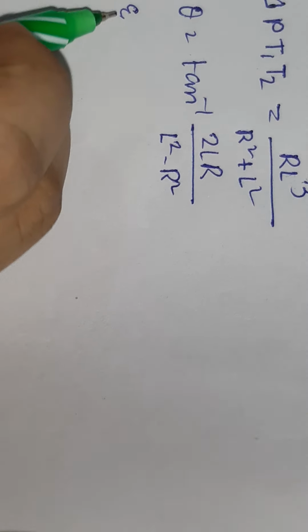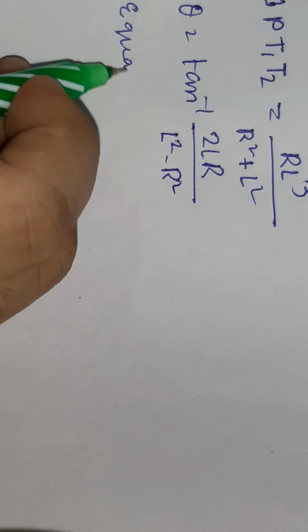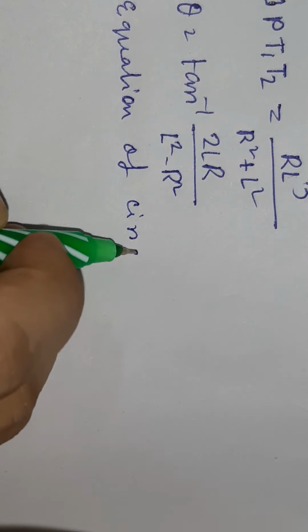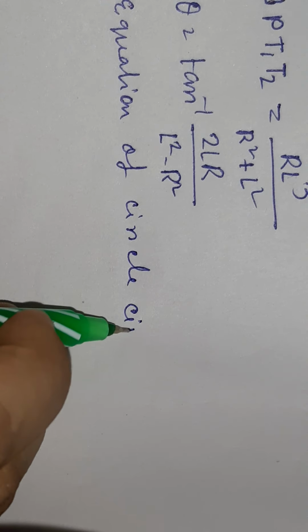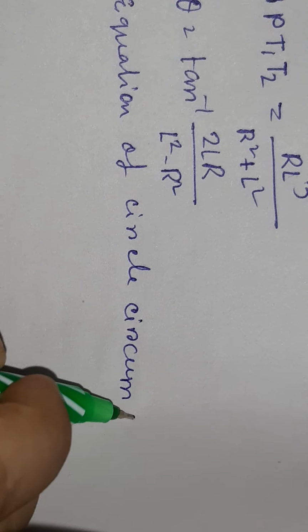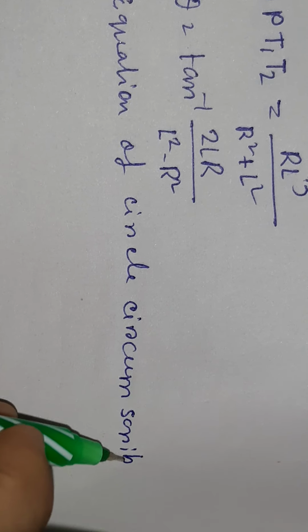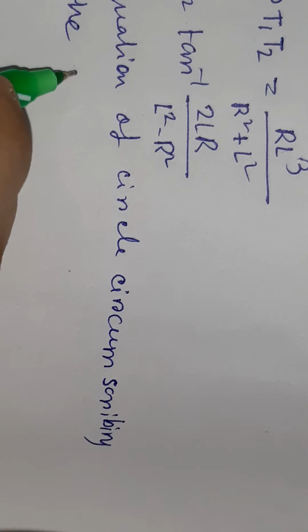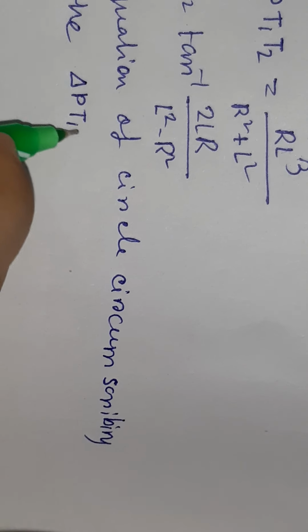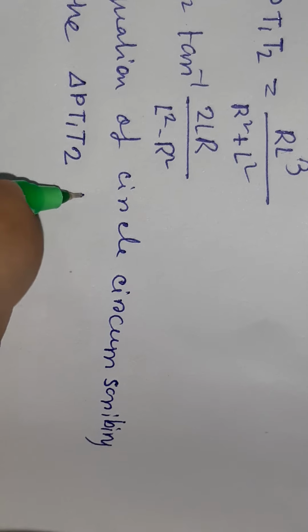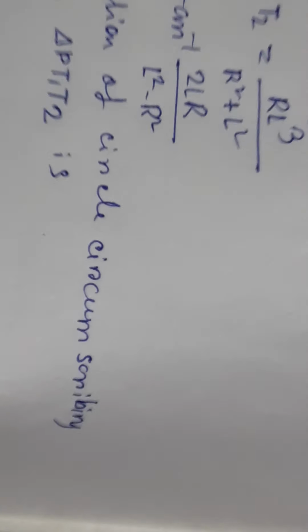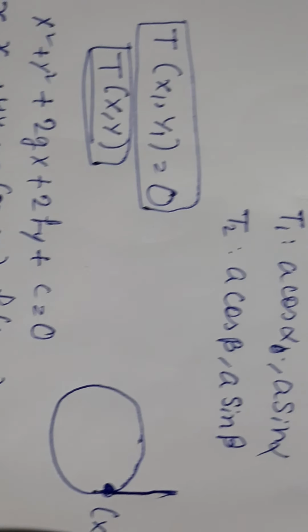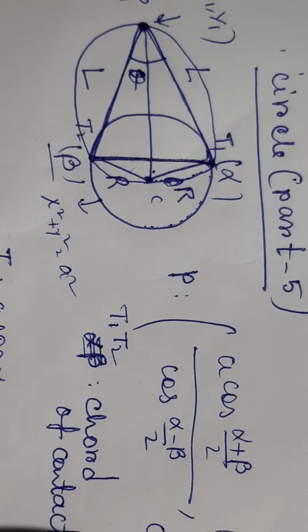the equation of the circle circumscribing the triangle PT1 T2 is, so this equation is nothing but, okay, considering the equation of the circle,